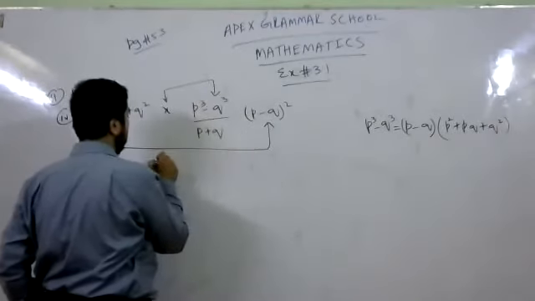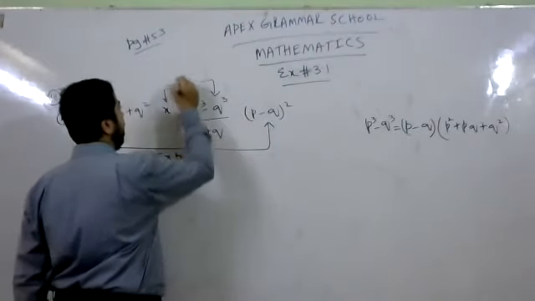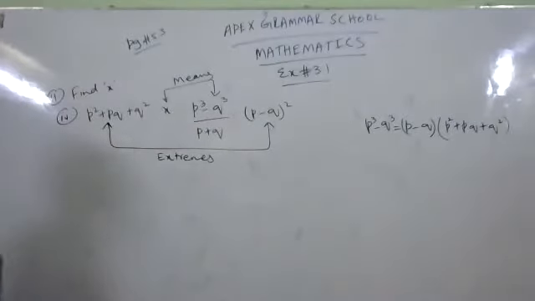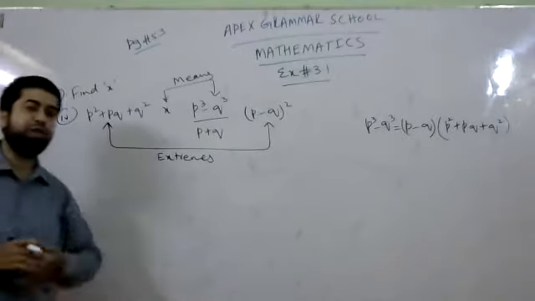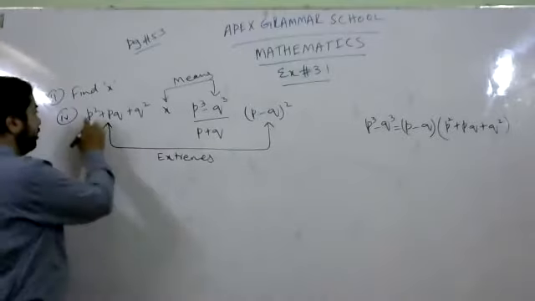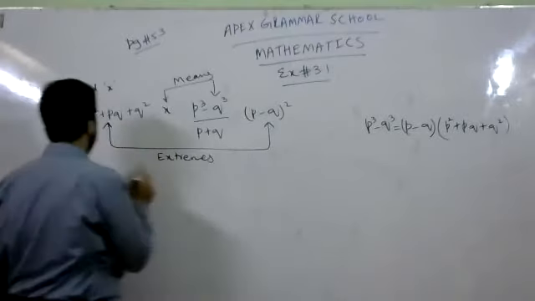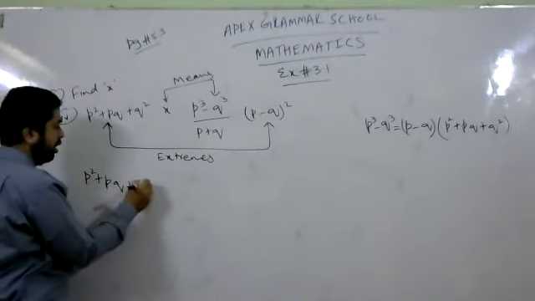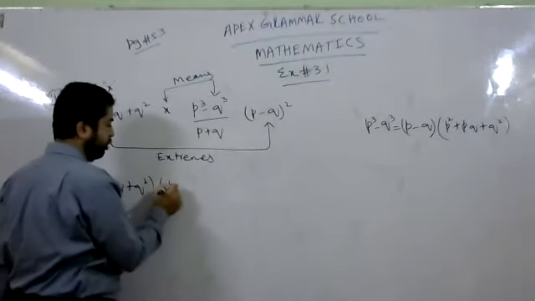These are extremes and these are means. So again, to rewrite: product of means is equal to product of extremes. I think you have to remind me of this thing, that product of extremes. I mean to say this multiplication: p square plus pq plus q square is going to multiply with p minus q whole square